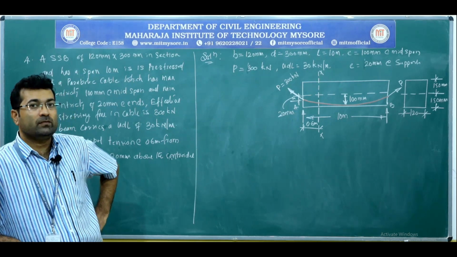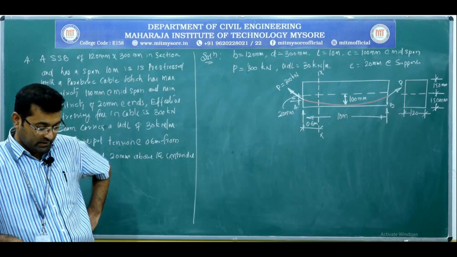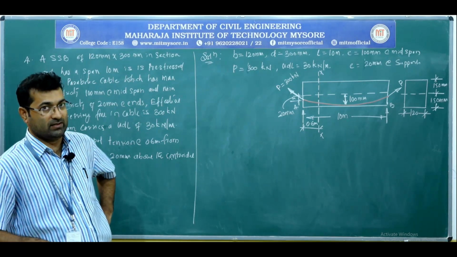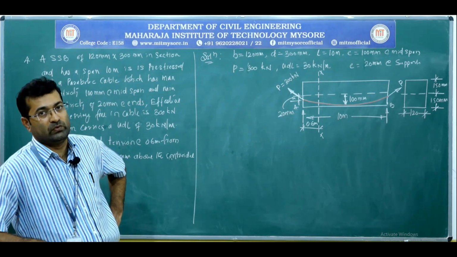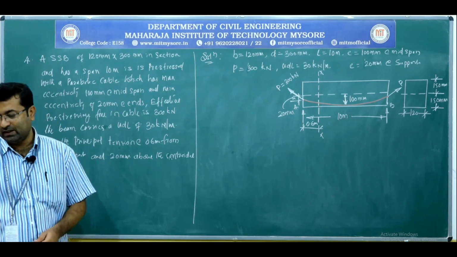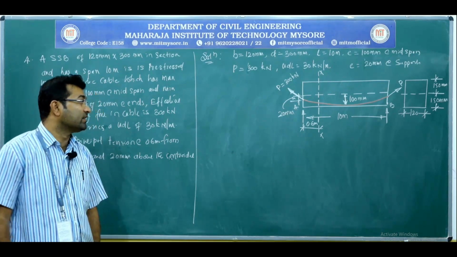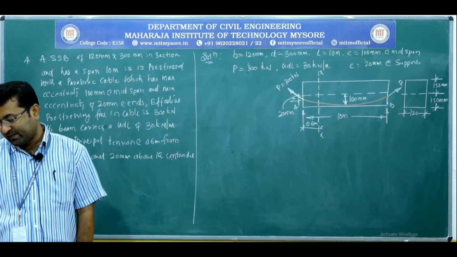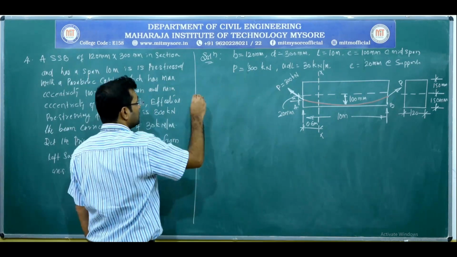So to work out F minimum, we need two things. One is the stresses due to the direct pre-stress and shear stresses. That is Fx and Fy and W. These are the things we need. So let us work out the Fx, Fy and W. Before that, let us calculate the load.